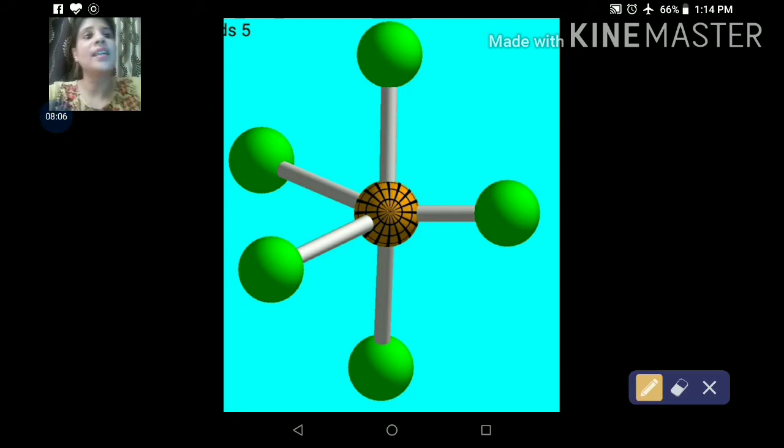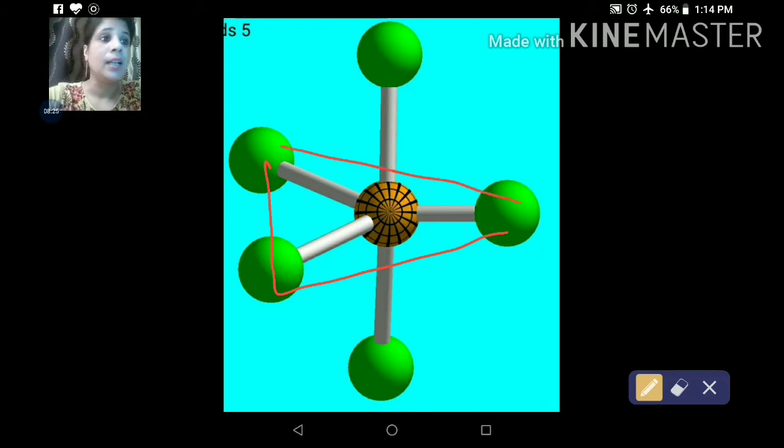So let's understand AB5. In AB5, the central atom is A and there are five B atoms, but all these will not be in the same plane. Out of the five, three will be in the same plane. So three will be trigonal. Three atoms will be in the same plane. Let me assume this is the X plane. The other two will move out of plane, in the Y plane, so that the repulsions are minimum after arrangement. Because of repulsions, two atoms moved out of plane, one above and one below.